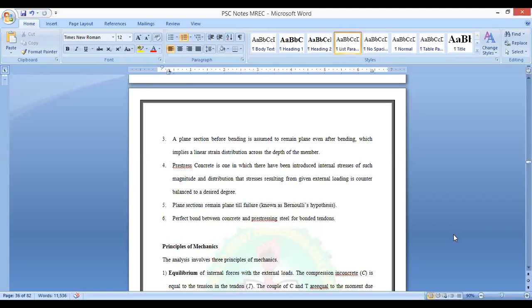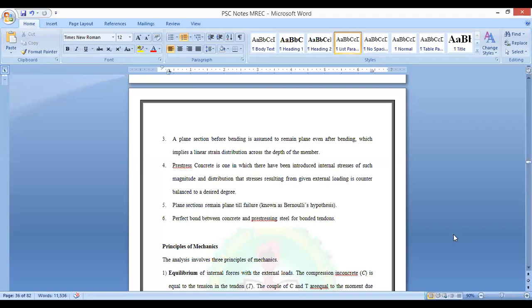Why? Because if there is no bond between concrete and steel, what happens? Do you think load transmission will be there from steel to concrete? No. Why? Because you are not going to apply any force on concrete directly. You are going to apply tensile force on the strand. That tensile force on the strands will make the concrete squeeze. So there should be a perfect bond between concrete and steel. When there is no bond, there is no load transmission from steel to concrete. So that is the reason why perfect bond strength between concrete and steel is used